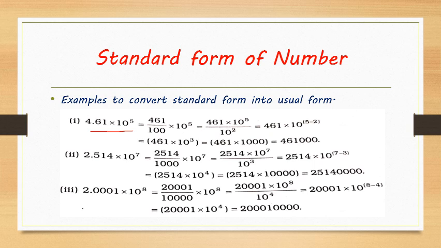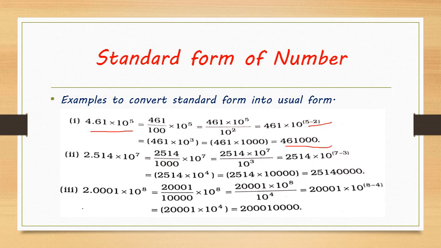Now when you remove this decimal, your denominator contains 100. Now 10 to the power 5, and here we have 10 to the power 2. As per the law of exponents, when we have two exponents in division, the powers are subtracted. So we can write it this way, or we can do one more thing. 10 to the power 5 means 10 with 5 zeros. Just multiply it with 461. You will simply get 461000. Okay, so there is no problem.